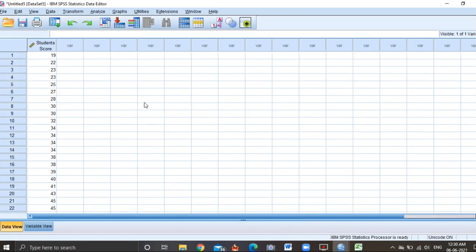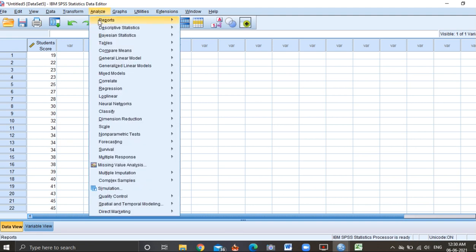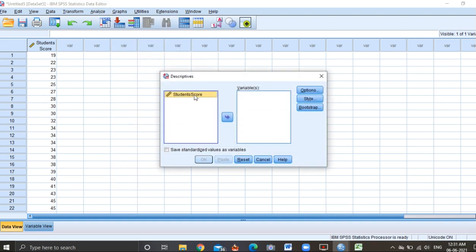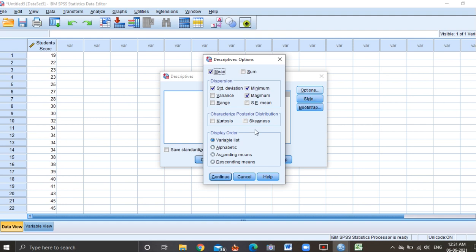So we will go to SPSS, and here in SPSS, first you have to go to the analyze section. At the top you can see so many labels here. You go to analyze, then descriptive statistics, and within descriptive statistics go to descriptives. You have to select this score in the variable section and move it to this side. After that, you select the options here.